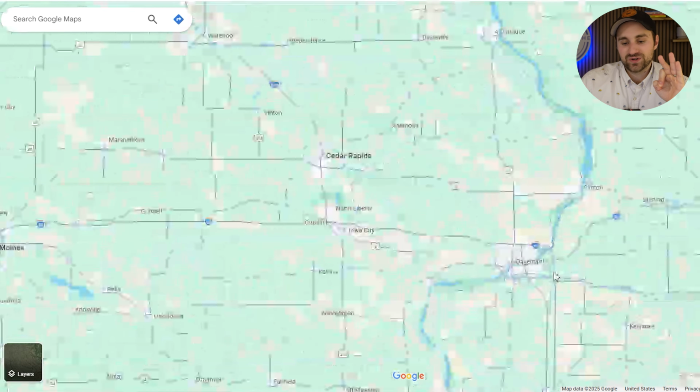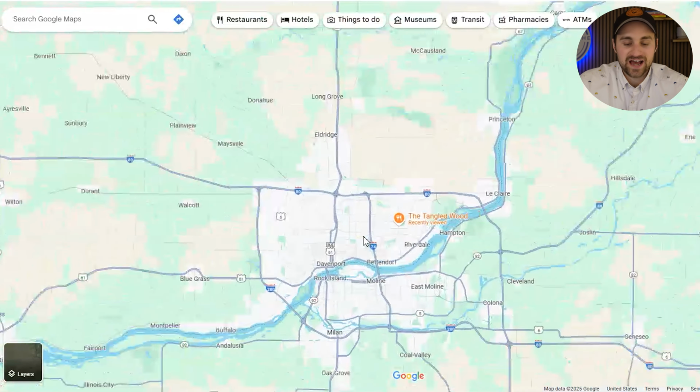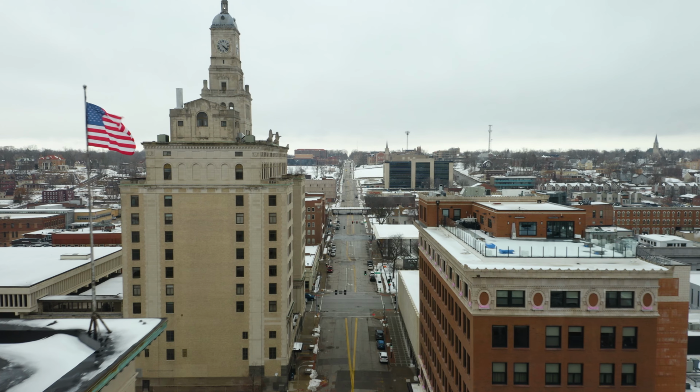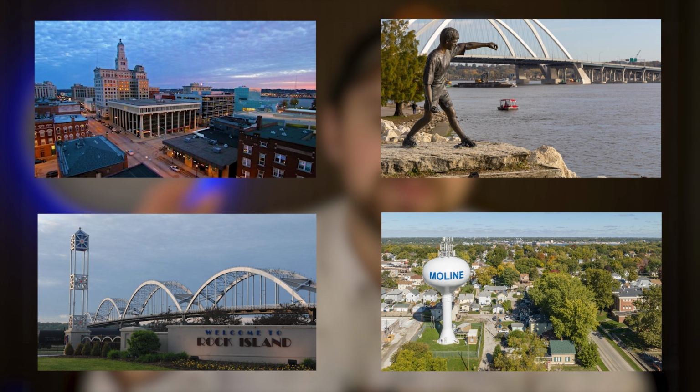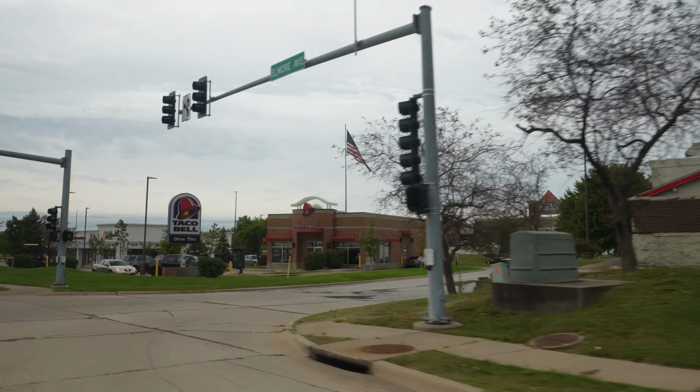First one, I'm going to go straight to where I'm located here in Davenport. Davenport is about 100,000 people, but the metro area it sits in is about 400,000 people. The Quad Cities is what it's a part of: Davenport, Bettendorf, Rock Island, and Moline. Two of those are actually on the Illinois side, so that's not the point of this video, but keep that in mind. If you're going to be moving to Davenport, you're going to be living next to Illinois, which is part of the metro area.